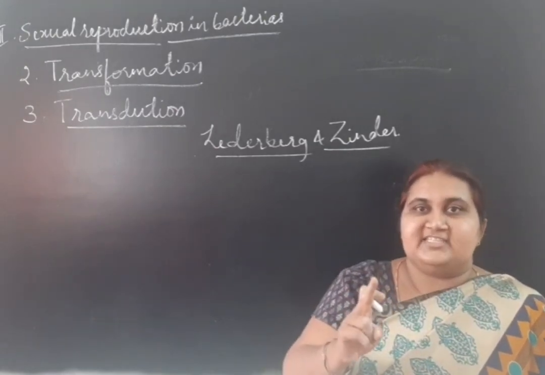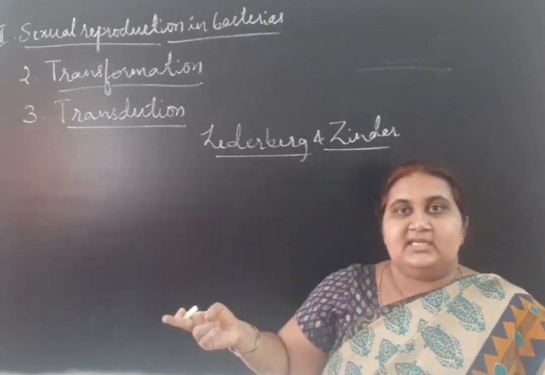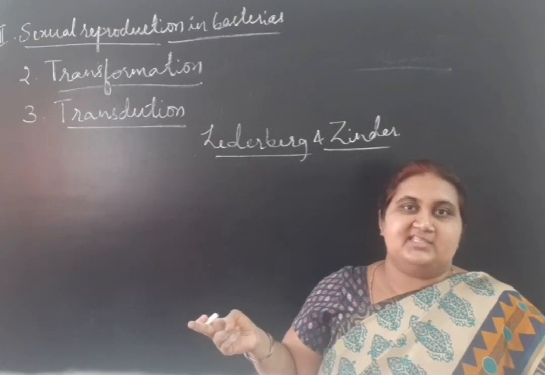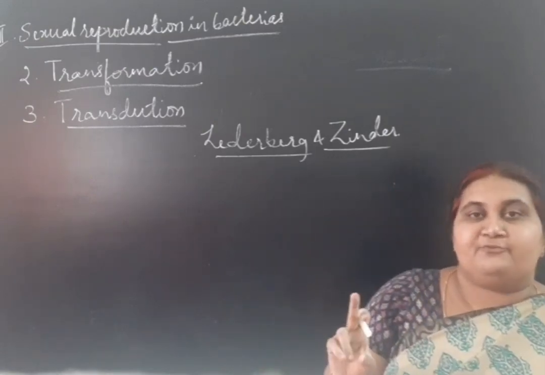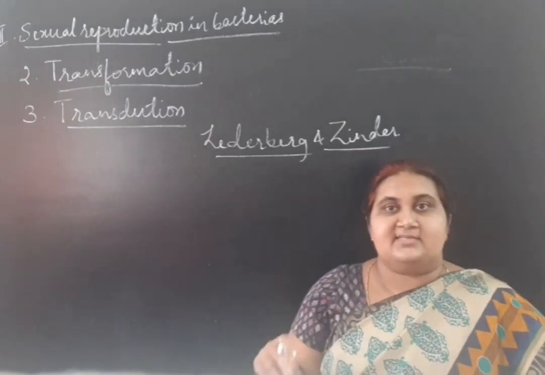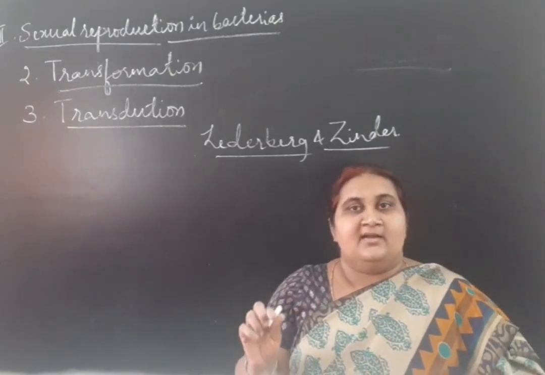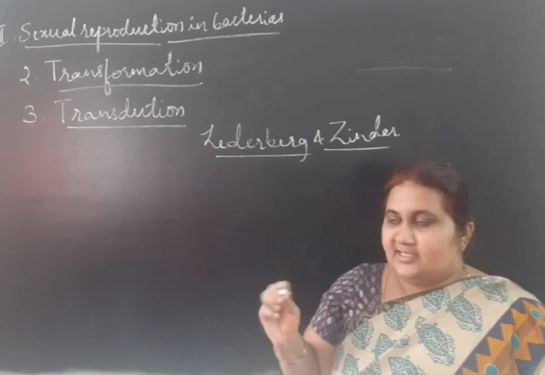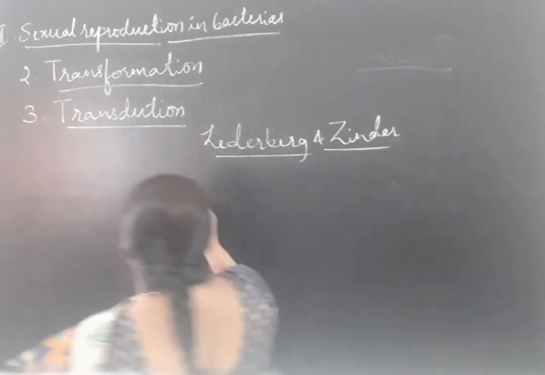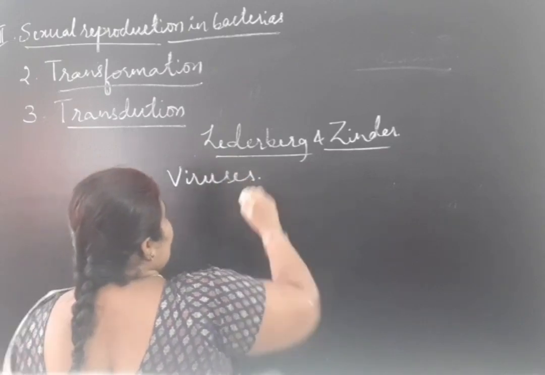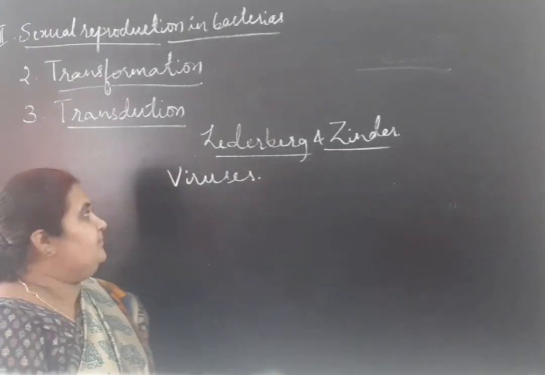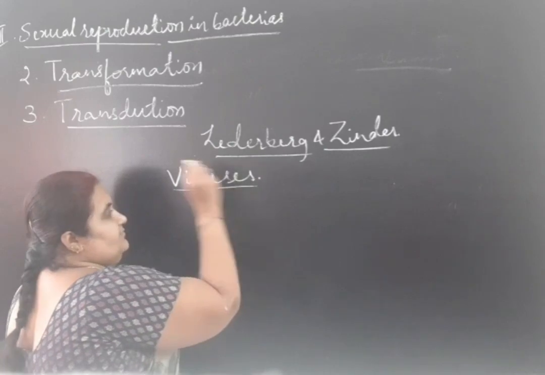When from the first bacterial cell, the DNA or genetic material has to be transferred to the second via the help of a mediator or another organism, or it might be the vector. So here vectors are nothing but the viruses. Viruses are being involved in